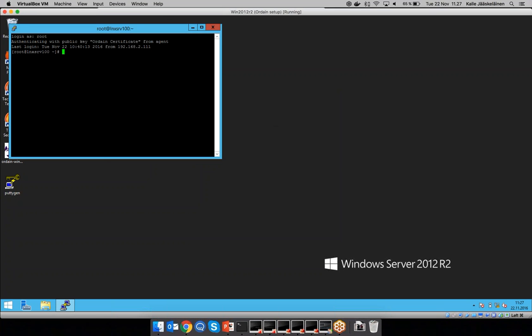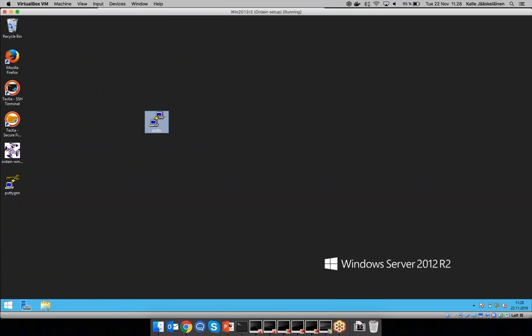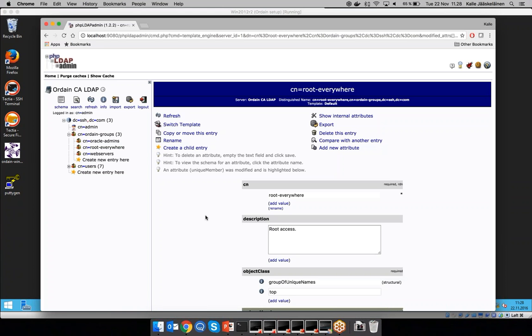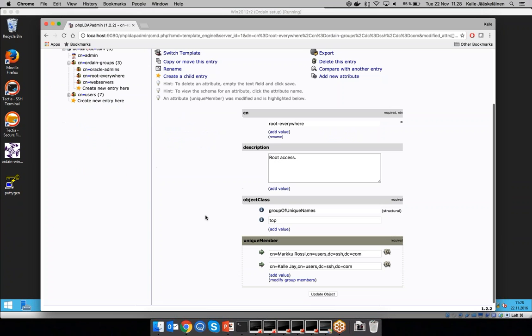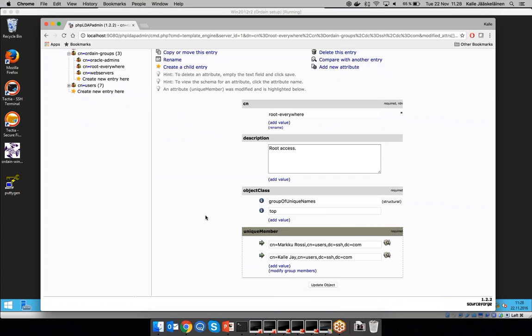I log in as a root account, and then basically my credentials were checked against the Active Directory, and I got access to the Linux machine with root credentials. Now, if for some reason I moved into another department, I leave a company, and so forth, the challenge with the traditional keys is that you have to go and find all my keys in the environment, and that is basically impossible. In this Ordain setup, in this SSH DevOps setup, basically what I can do is I can just